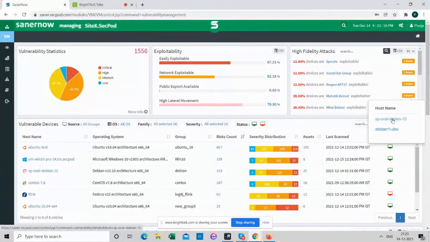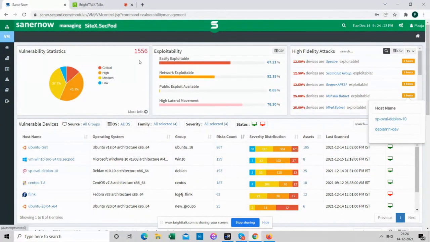Especially with log4j, given the challenges we are seeing, every day, starting from Saturday, the number of applications known to be affected has been increasing. So we need to ensure that we are up to the mark even in detection, so that more and more devices can be detected and protected at the earliest.